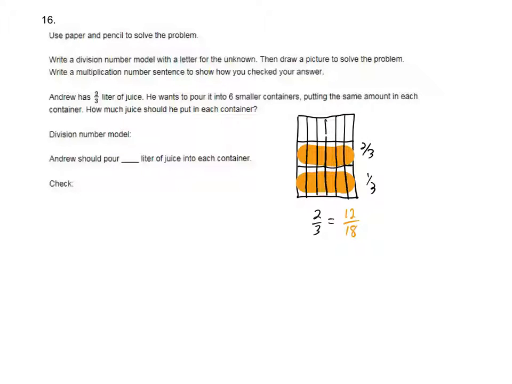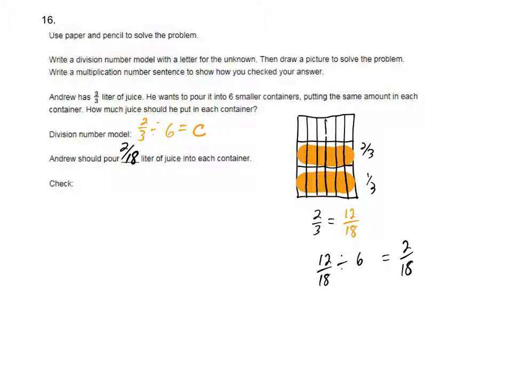boxes. So now I'm going to take my 12/18, and I'm going to divide that by 6. So I'm going to look at my 12, and I can split up my 6: 12 divided by 6 gives me 2/18. So each person would get 2/18 liters. So my division number model, I would write, I took 2/3 divided by 6 equals,